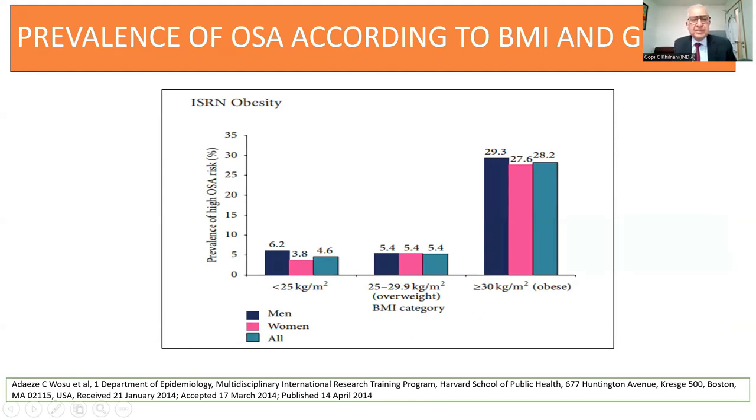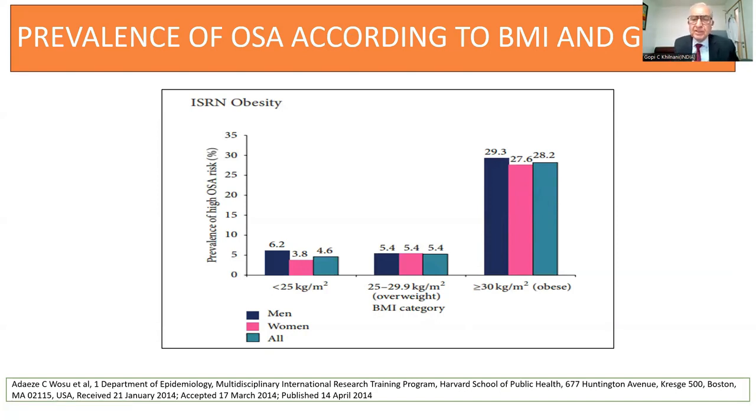Now, if your BMI is less than 25, then the chances of having obstructive sleep apnea are less than 5%. If the BMI is 25 to 29, which is called overweight, it is a little more than 5%. However, if the BMI is more than 30, then there is almost a 30% chance, both in males and females, that there will be obstructive sleep apnea, which can go up to 90% if the BMI is something like 45 and